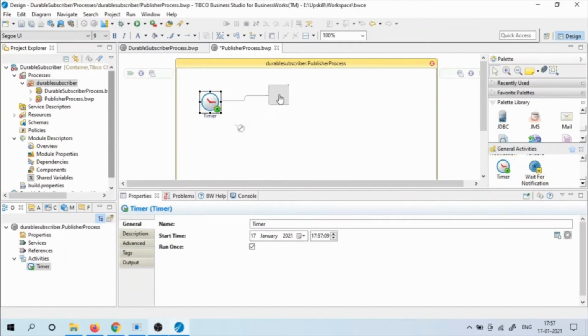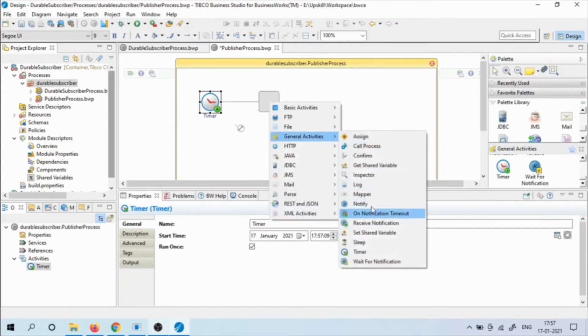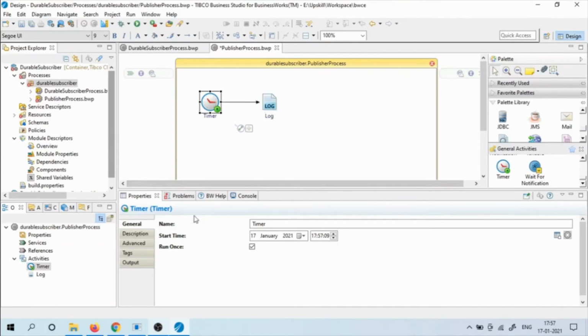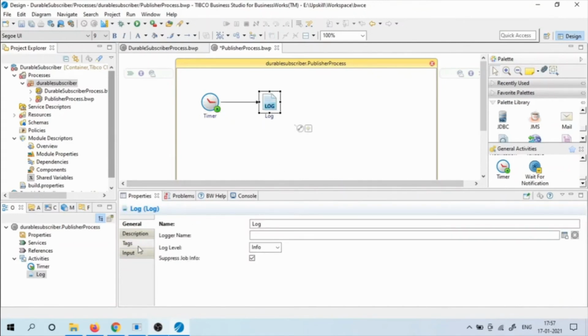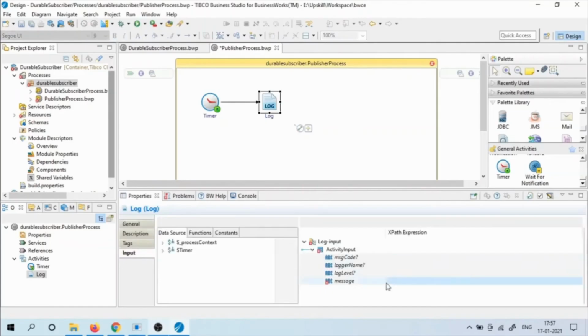Now let's add a log from general activities. And let's log a message saying sending